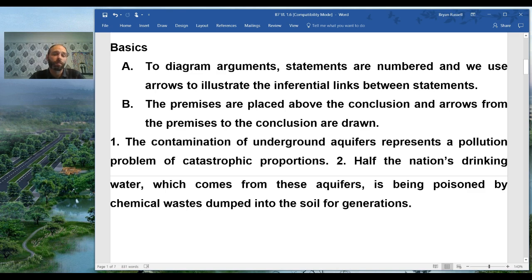So if that's the case, then the conclusion to this would be that the contamination of the underground water is a big problem, right? And why is that the case? Well, that would be the case because half the nation's drinking water comes from those underground aquifers. So that would show that this is going to be a real big problem, right? So statement 2 gives us reason to believe statement 1. So the way that we would diagram that